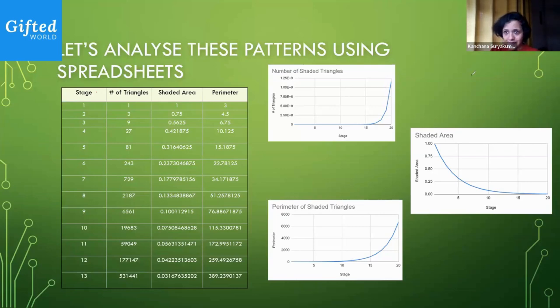If I look at the area, you can see we started off with area 1. And very quickly, by the time we come to the 20th stage, it is almost close to 0. You see that in the values in the table as well. This is only stage 13. If you go to stage 20, it's like 0.00 something something. It's getting very close to 0. And similarly, perimeter, you see it starts off with 3. And very quickly, by the 20th, it goes up to 6,000 plus units. So the perimeter is also growing pretty fast, but not as fast as the number of triangles. You will notice that the number of triangles is growing in billions, while the perimeter is growing in thousands, but this is still pretty fast too, because this is data for only 20 stages.